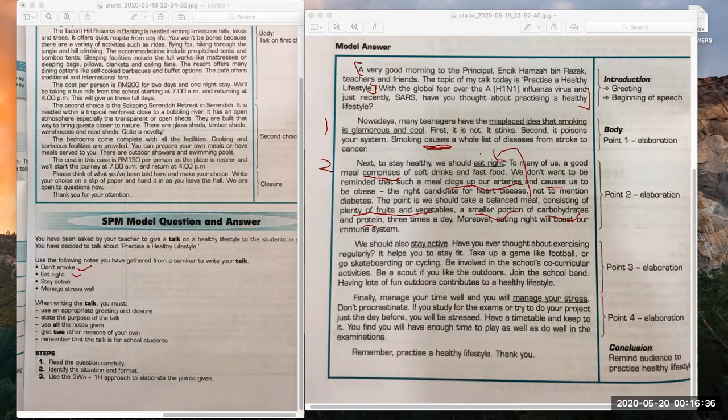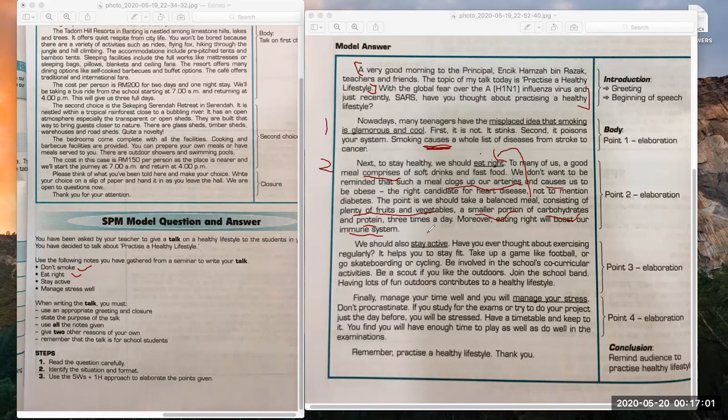Right? So, smaller portion means hidangan yang kecil. Kenapa hidangan kecil untuk carbs? Why do we need that? What does it mean by 3 times? We eat 3 times a day. What is immune system? These are the things that you need to know. Boost your immune system means what? Okay,